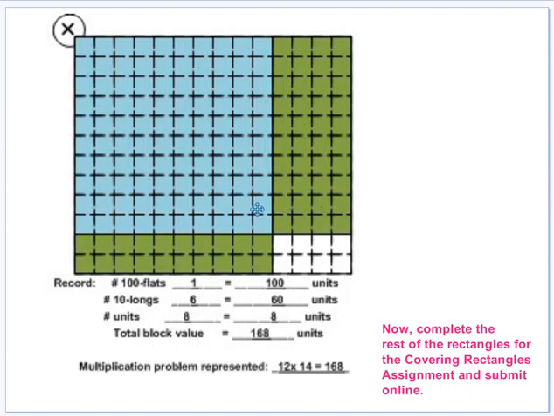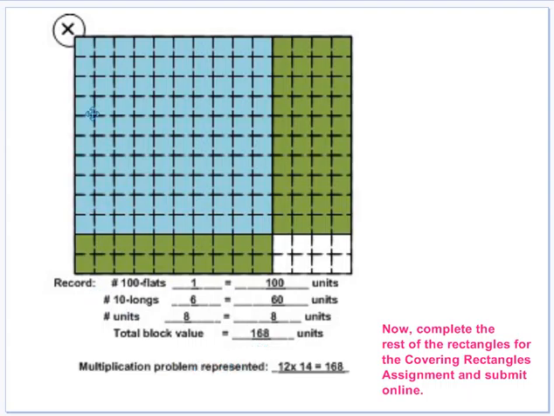So in order to use our flats, we used one 100 flat, which equals 100 units. We used 6 10 longs. Let's see, 1, 2, 3, 4, 5, 6 total, for a total of 60 units. Okay, we want to count up all the individual units that we can use. Then we had how many units sitting here? 1, 2, 3, 4, 5, 6, 7, 8. We had 8 units. So if we add all that, we should get 168 units. And then our multiplication problem represented, again, we count the rows first and then the columns, which will be 12